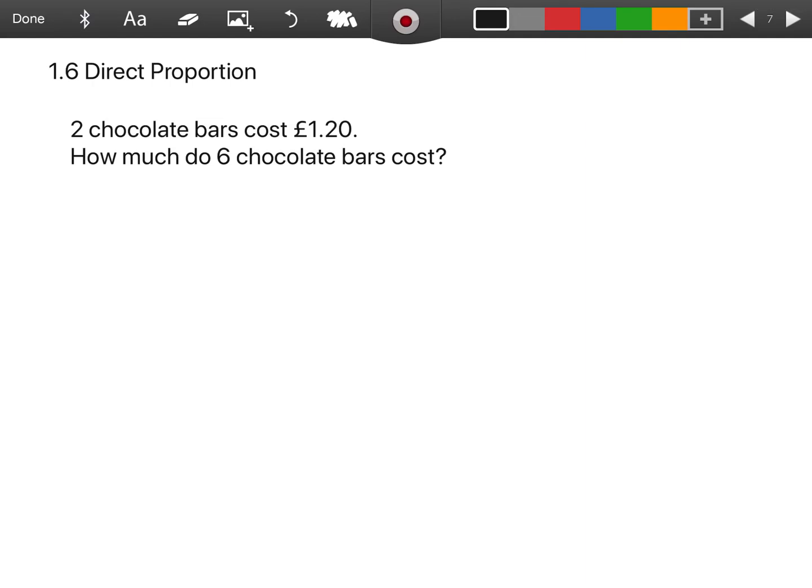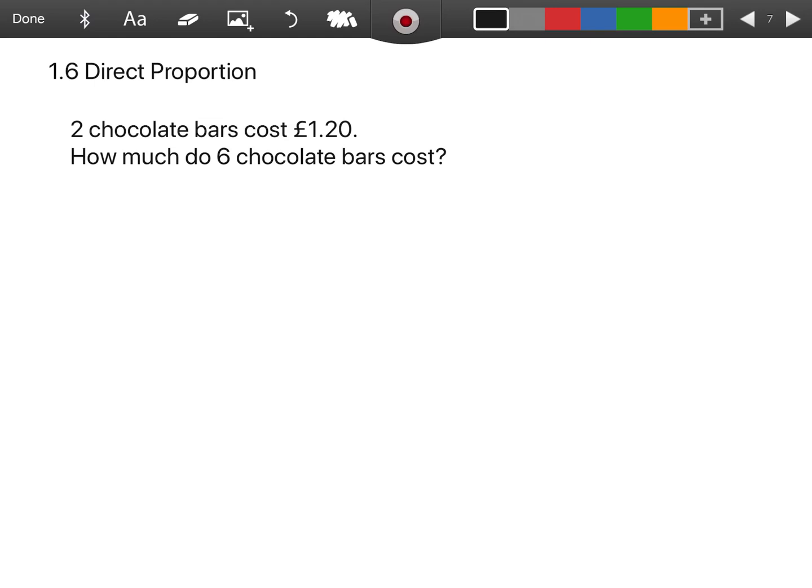Hello Year 10. We're going to look at some direct proportion questions this week. So, first of all, I have given you questions in the exercise called 1.6 direct proportion, which say things like,